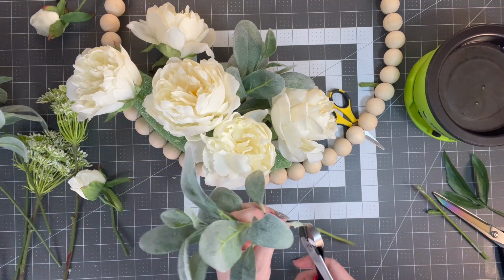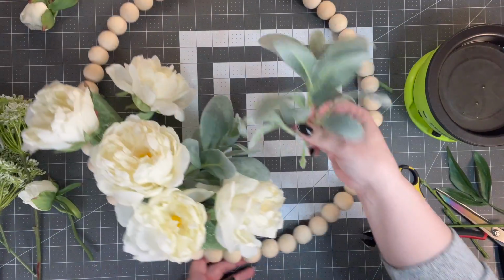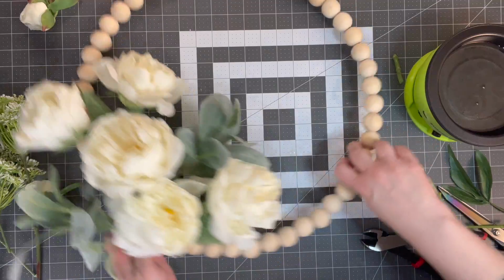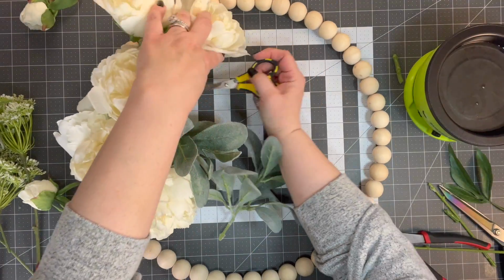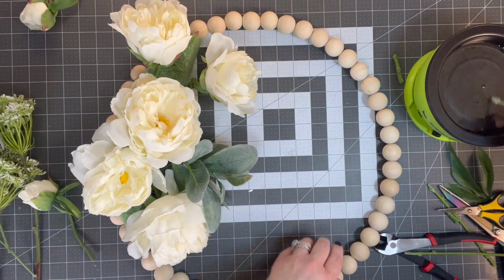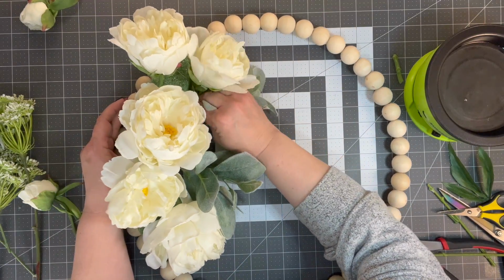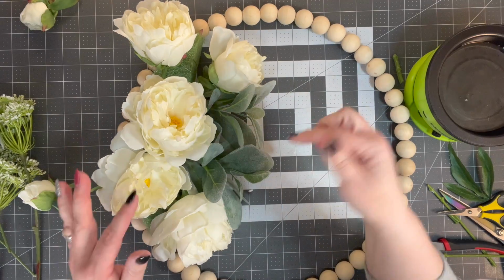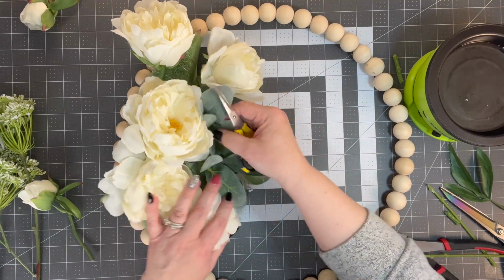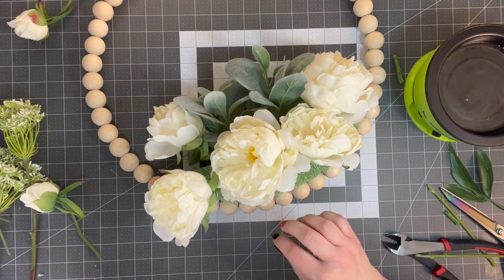You're just going to start adding wherever you feel like it looks good. This is a creative process, and you're just going to put them in there. I think that's really nice. So I'm going to help myself along here and put a little hole and get that process started. That's the tip I would come up with. Take a little pair of scissors with sharp edges and make a hole. If you have problems with your hands, or if you think, wow, Julie, I don't know if I could do that because I don't have enough strength in my hands,